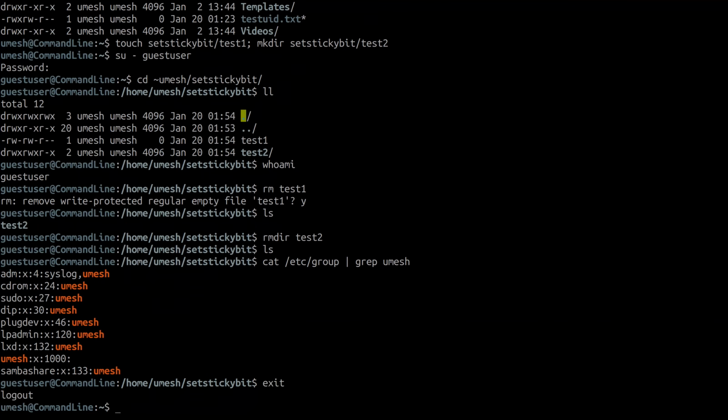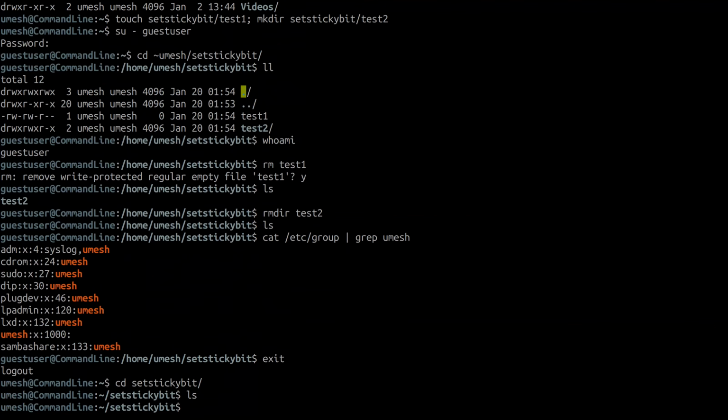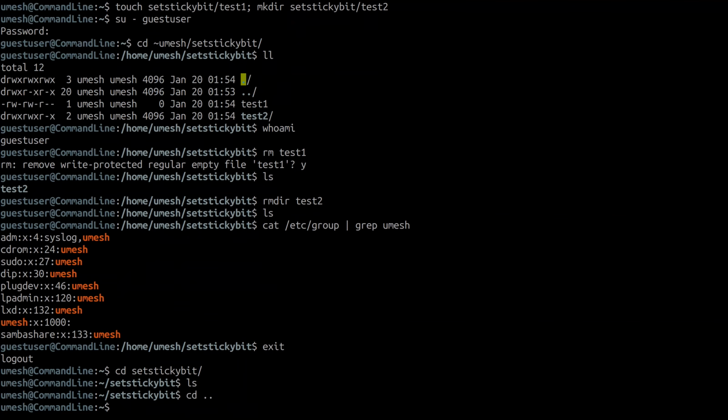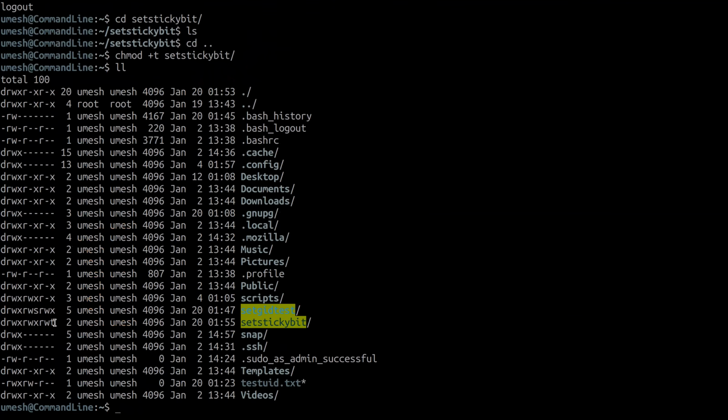Now let's go back. And nothing there, it was deleted by the user. First, let's set the sticky bit. And to do that, the command is chmod +t. There is no u or g. Set sticky bit. Now this t represents that the sticky bit is enabled, and you can see that in the